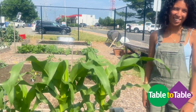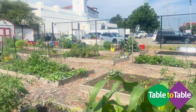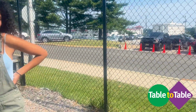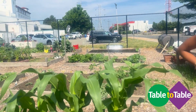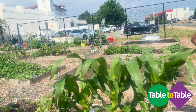So I thought that was very cool. But this corn looks beautiful. Yep. And when you're in here, it gives you this feeling of being somewhere else, like you're not in the middle of a road right here with construction down there. But it just goes to show that you really can have beauty and you can grow good food in our